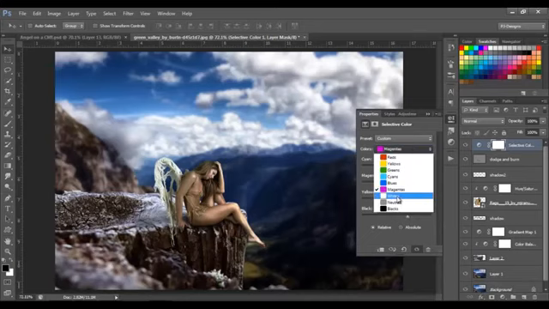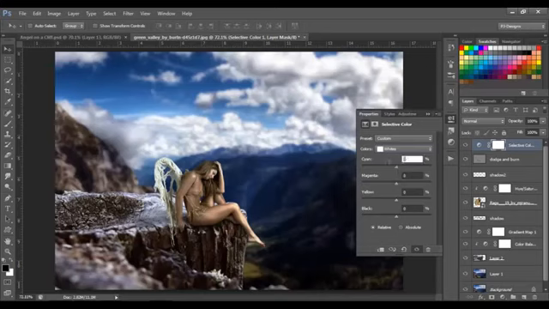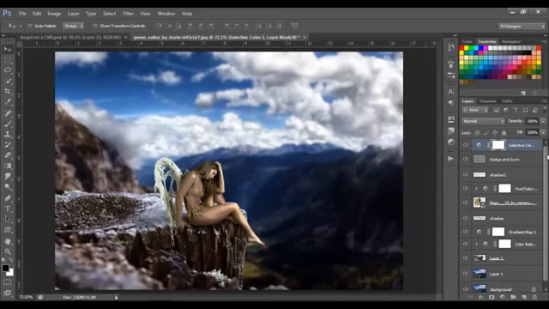Now let's go with white. It's gonna be -3, -8, -3, and -2. So now let's press Ctrl key and click on the woman layer icon to make a selection,